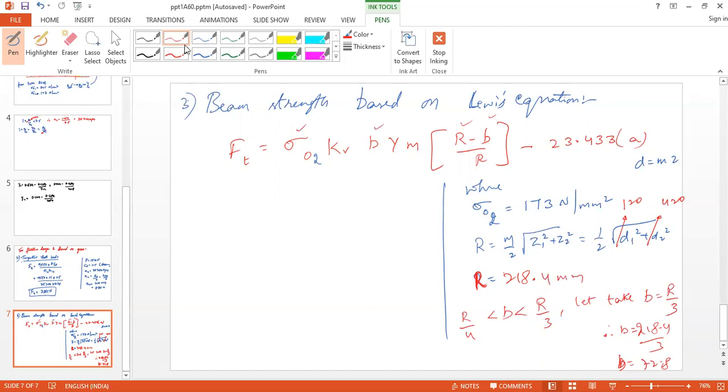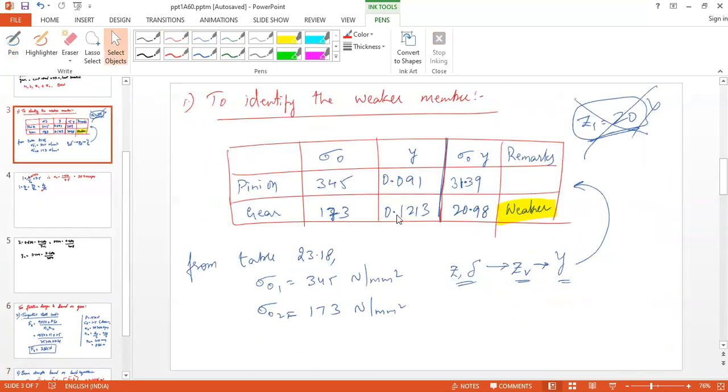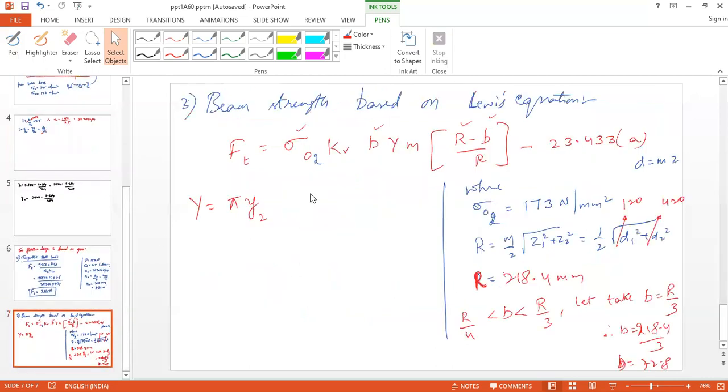And what is Y? Y is equal to 5 times, divided from factor Y. But this is Y2. What is the value of Y2? 0.1213. That 0.1213 is the value of Y. You got it by assuming Z1 as 20. Yes, sir. But here, this is not the actual value of Y2, because we don't know the actual value of Z2. Right? Yes, sir.